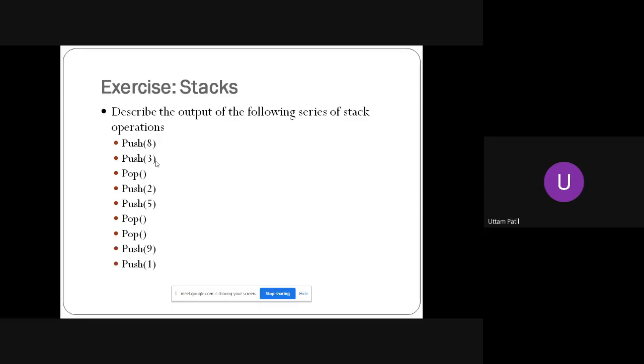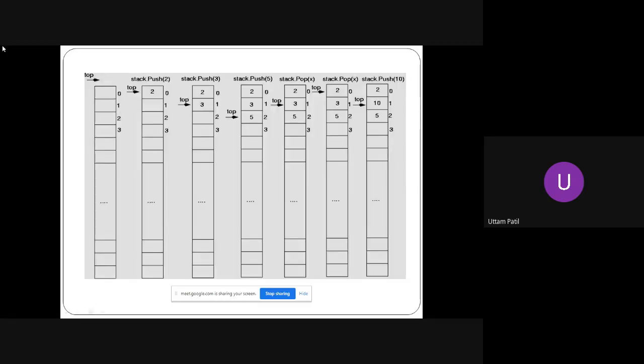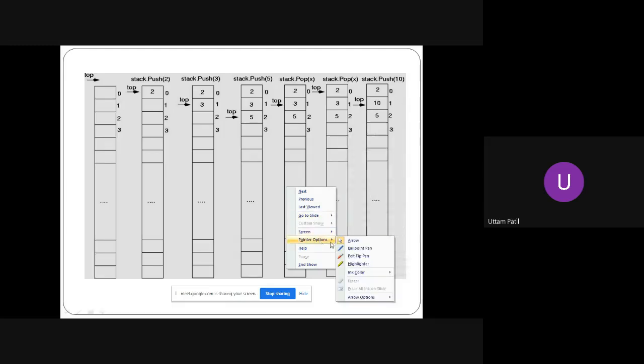Now you can implement this using, say, a stack. There is another example here with the same push and pop operations, but with an array diagram showing memory locations.